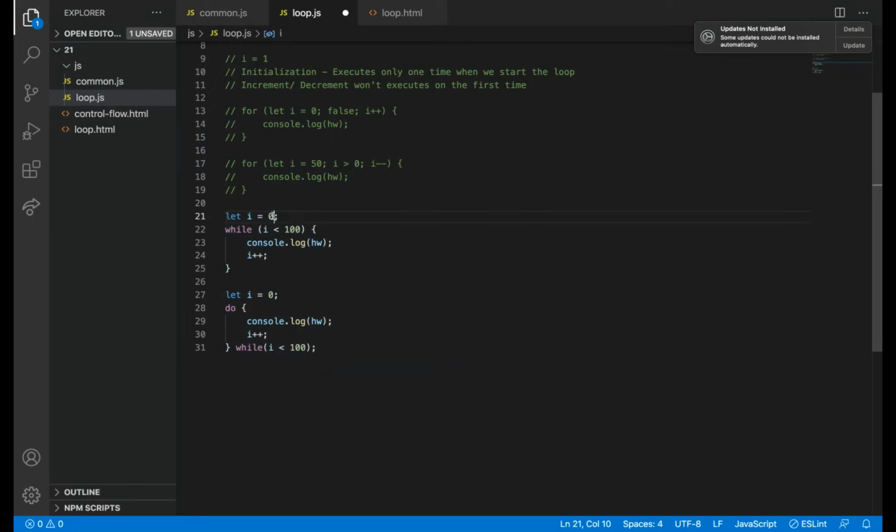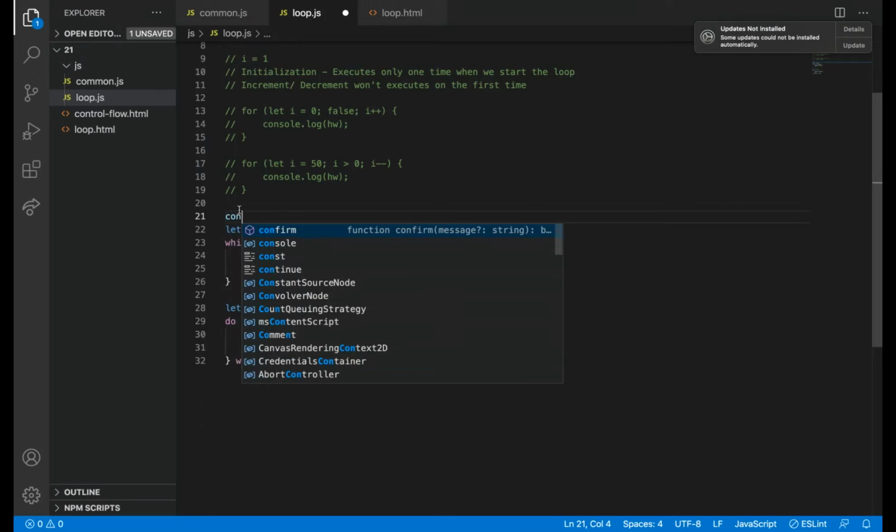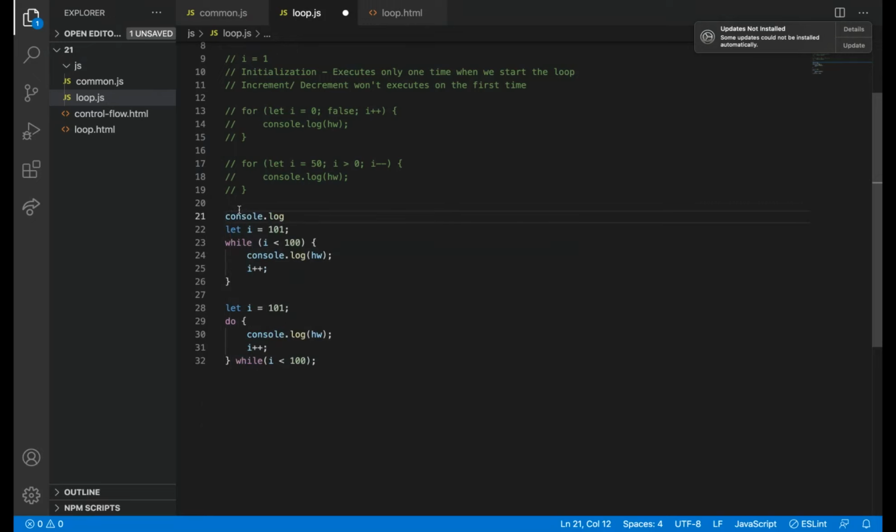If I'm giving the same condition but 101 value, fine. Before explaining that, I'm going to make you understand on your own. Some people might have interpreted already.